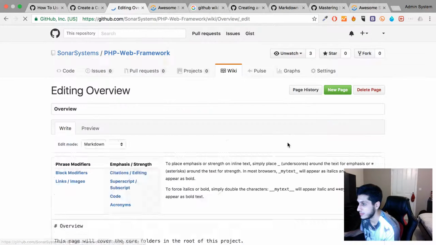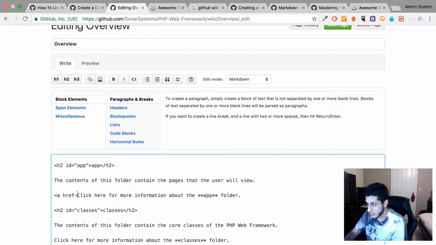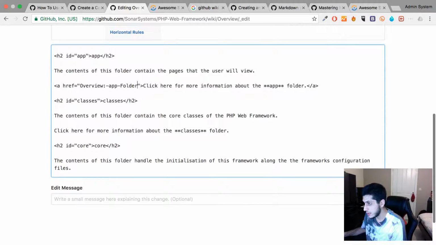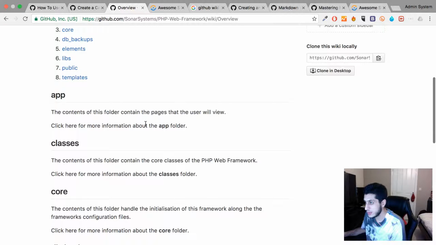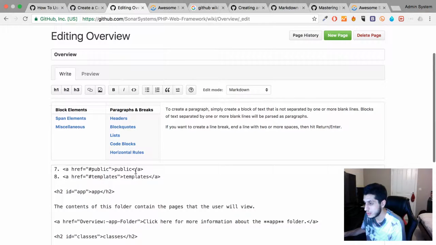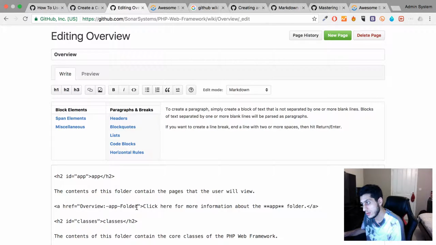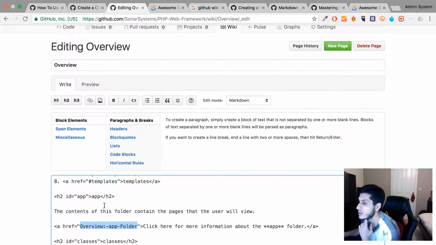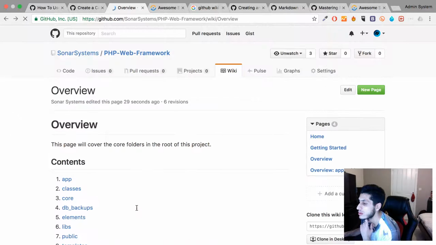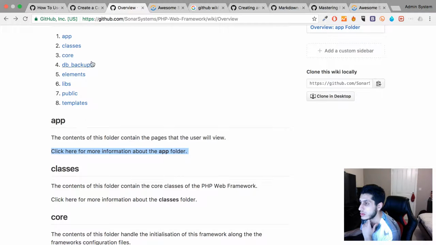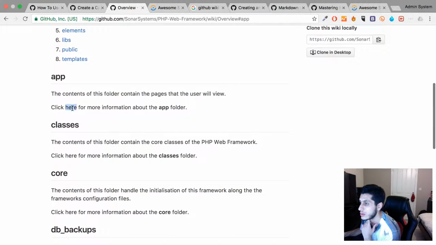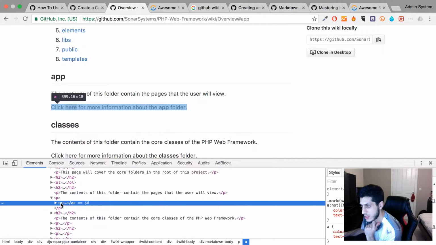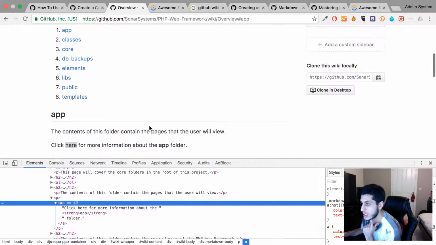So if I go to edit, a href equals, and if I did that, would it go to a separate page? Inspect. I didn't like the href, so